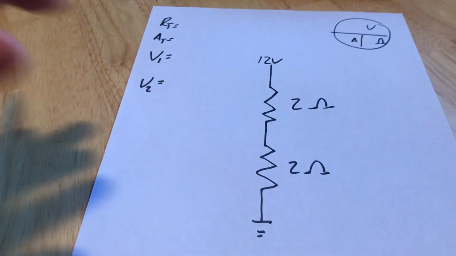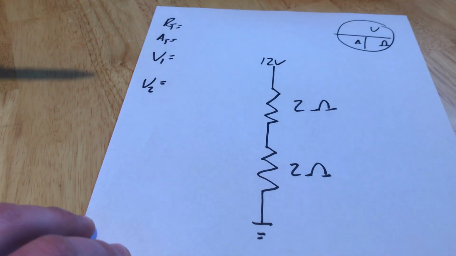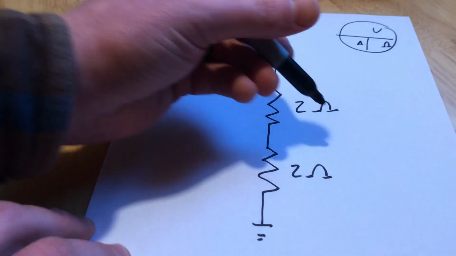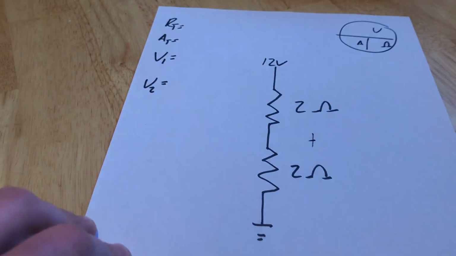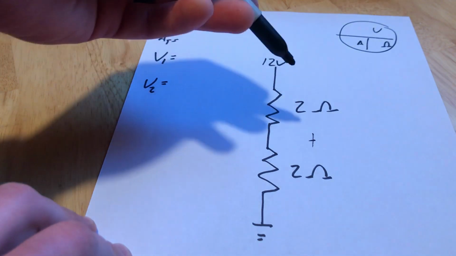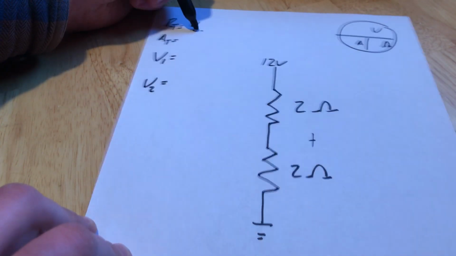That one was too easy, so let's step it up one notch. 2 resistors, both the same resistance value. How do we figure out what the resistance of this circuit is? Well, since there's only one pathway, we just add the resistances together. It's 2 ohms here, it's 2 ohms here, you just put them together. So we end up with a 4 ohm